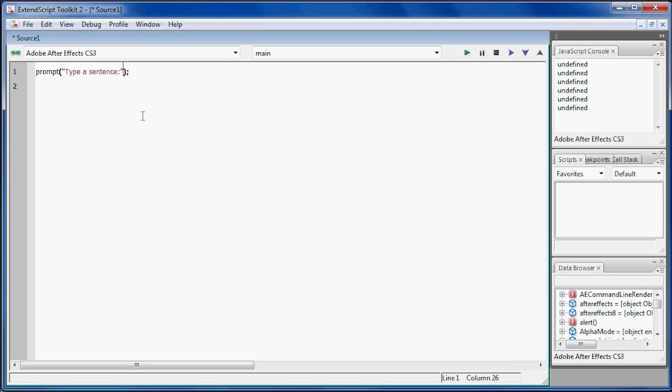And we'll put a semicolon. And you can see, once again, I've put those inside quotations because this is text. And the second one we're going to put is our default value, also in quotes, and we're just going to put this is a sentence. So this is our example, and if we run this code,